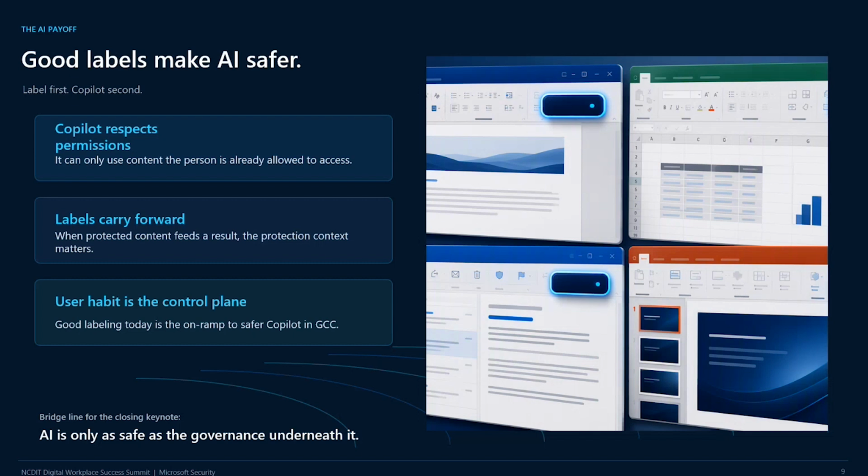So if, let's say, you received data that had that DHHS label on it, and you're not part of DHHS, not only are you not going to be able to open that data, but any AI that is running in your user context can't open it either, because it's got the same permissions that you do. So it's going to keep that data protected if it's something that shouldn't be shared with artificial intelligence. And Copilot as well, it will respect the permissions on those labels.